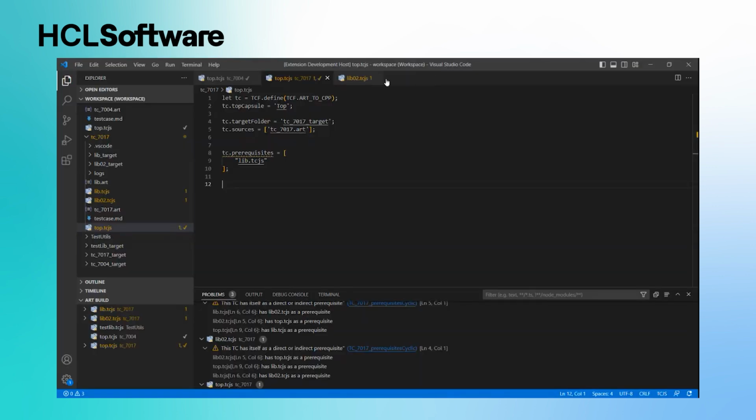We have here this first example that will exemplify this validation, which is especially useful when we are handling a large amount of dependencies. I don't know if you all know that we have in the TCE files a prerequisites property that lets you